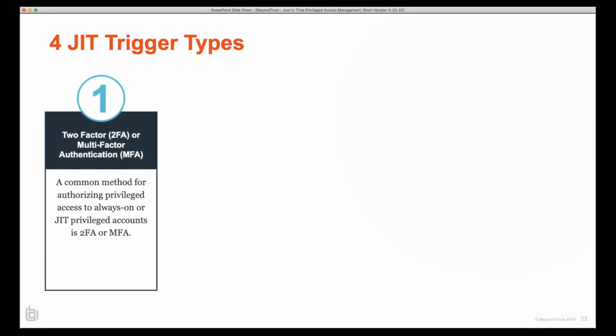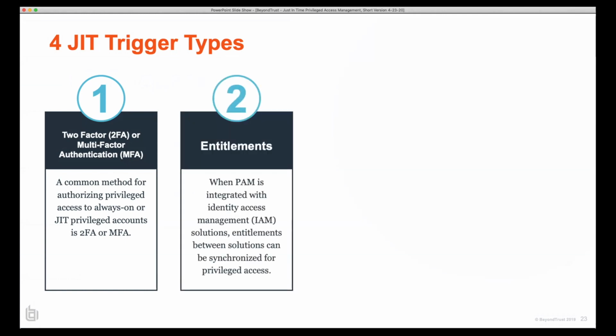The first Rodney covered, and it's the most common, and hopefully everyone is using it, is 2-factor. Prove to me as an identity you truly are who you are. 2-factor, multi-factor, done. I've given a high confidence that I am who I am, regardless of the username password combination. The second is entitlements. I'm integrated where I'm aware of my identity governance model, where I'm integrated into an identity and access management solution, and I know what entitlements I should have. I'm an admin. I'm defined in the identity governance model as an admin. I should therefore have access to these systems. It's checks and balances.